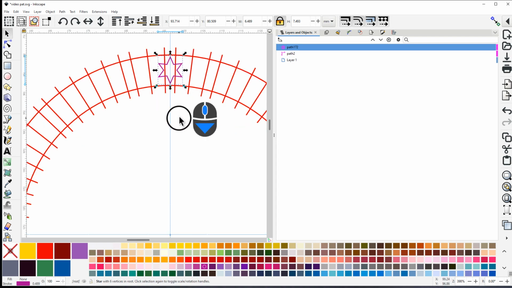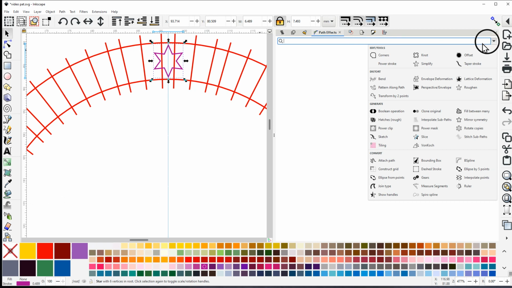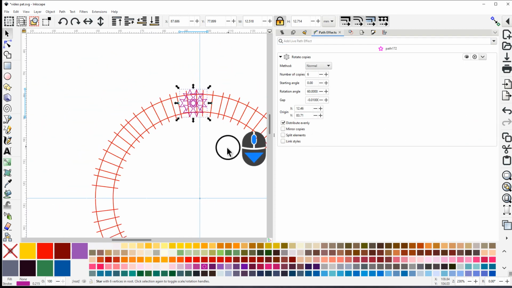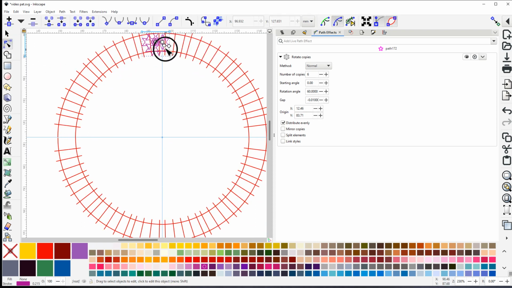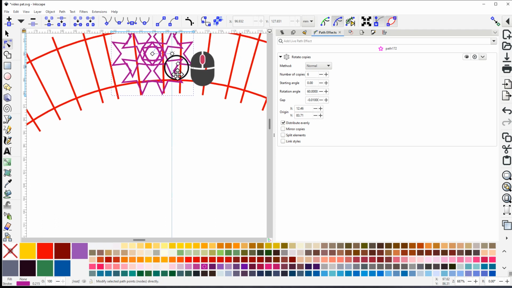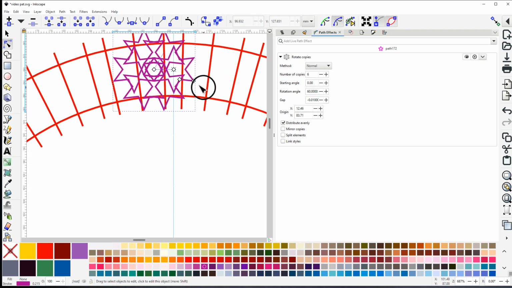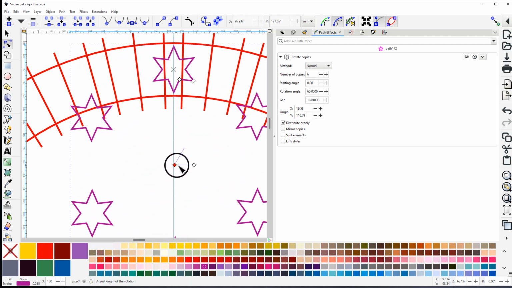So now that I have my star there, now I will go and apply a path effect, and we're gonna go look for the rotate copies, and then we go to the node select, and now we have multiple rectangles there, or diamonds, so you have to be cautious which one you're pulling. And now I'm gonna go and pull the one